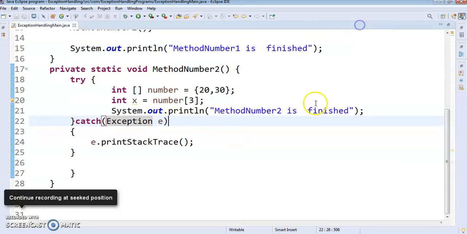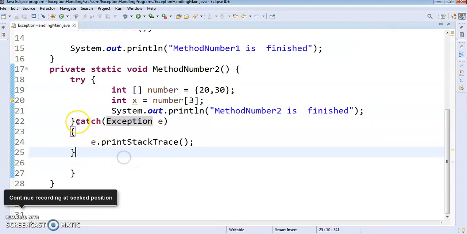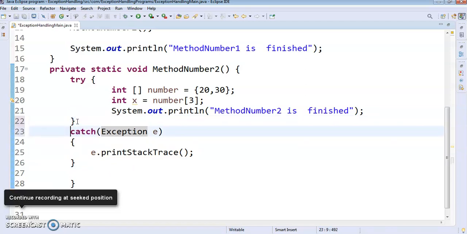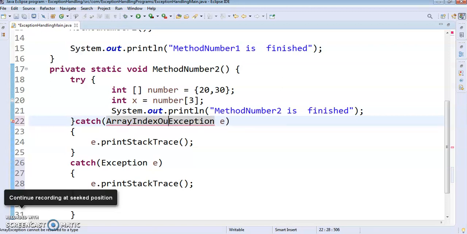If you know the specific exception, then you can also do like this. I will take one more catch block, and suppose I know what kind of error it is giving, so I will type ArrayIndexOutOfBoundsException.